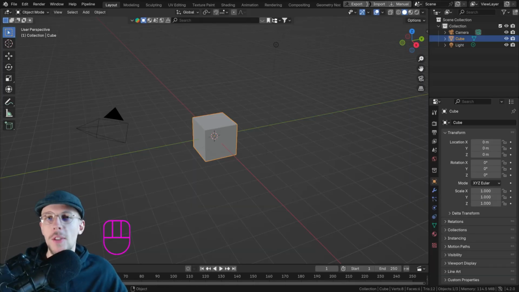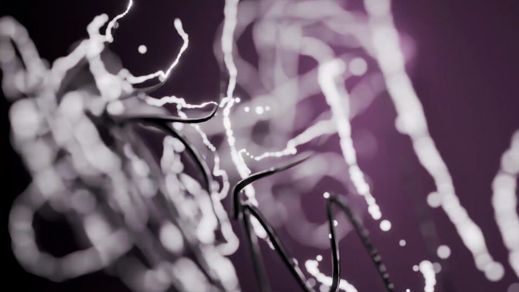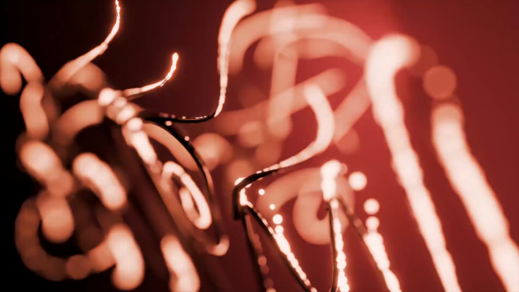Hello everyone and welcome. Today we're going to be working with curves in geometry nodes and simulations as well. We're going to create something like an effect that looks fun and, well, is more of a basic kind of